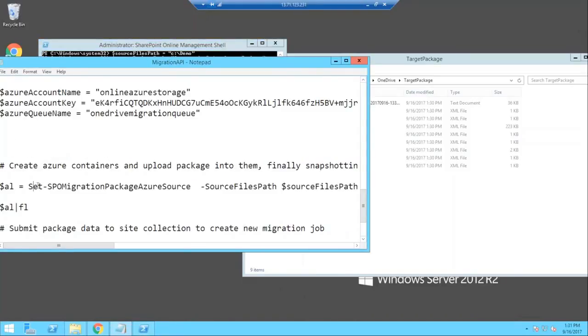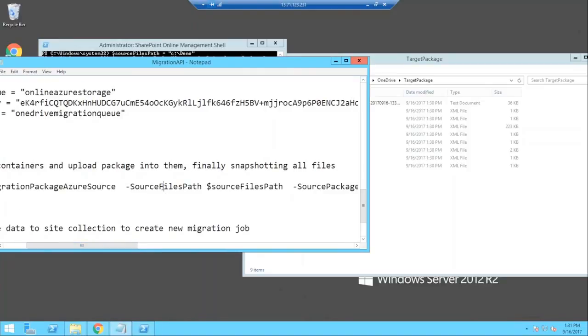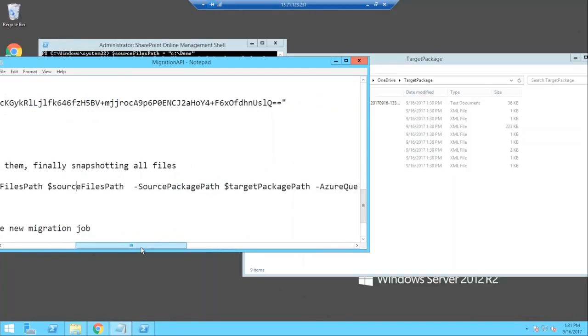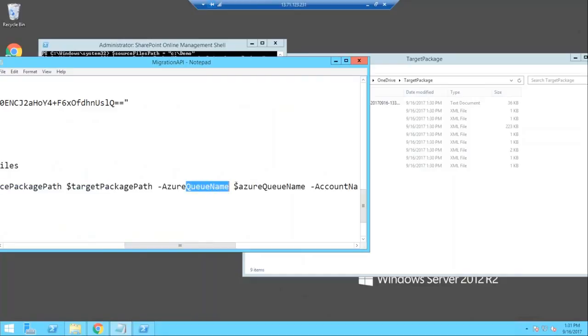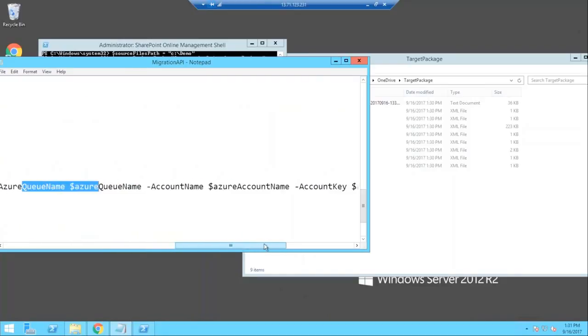So this is the second last command. It just creates a queue and the containers for us. It's the set SPO migration Azure package source. What does this command require? My source file path where the actual content exists, the source package where all my XML files which have the relationships exist, and what my Azure queue name is. It should also have an account name and account key.